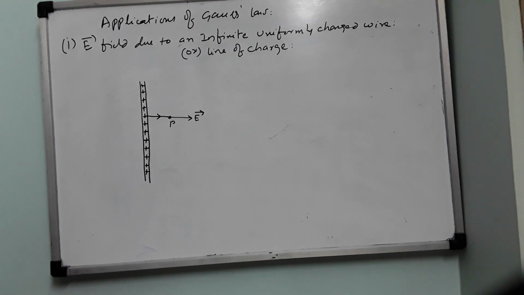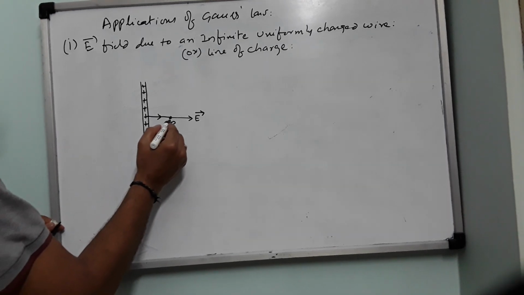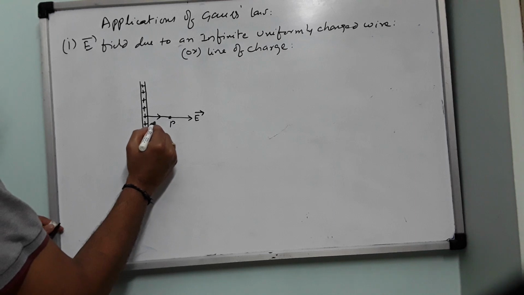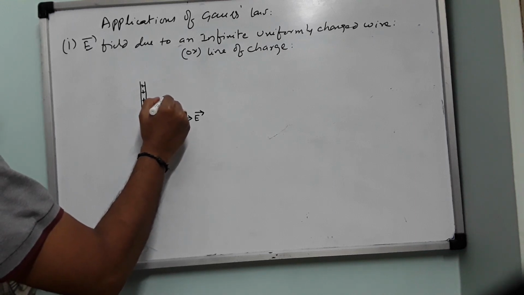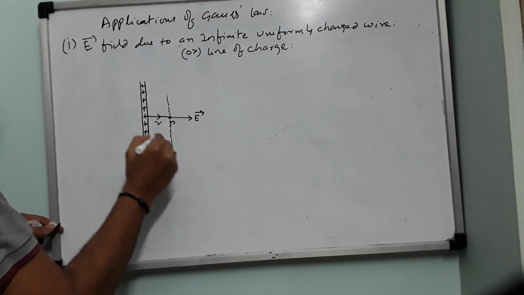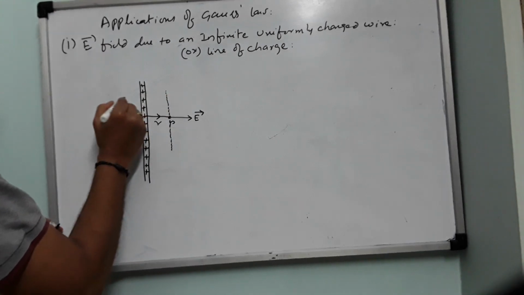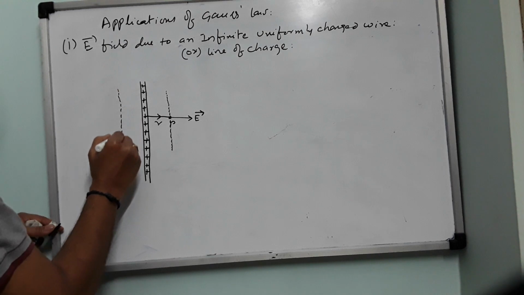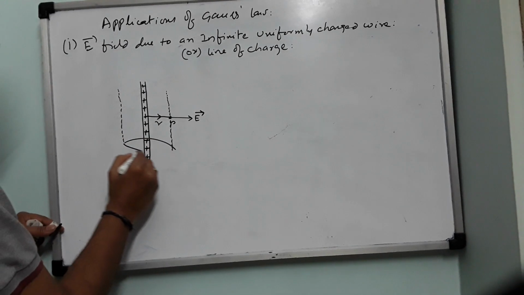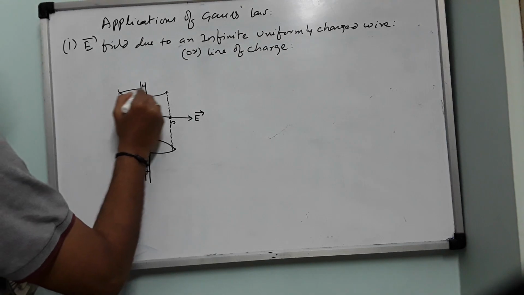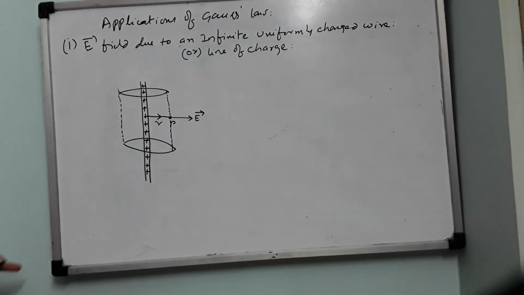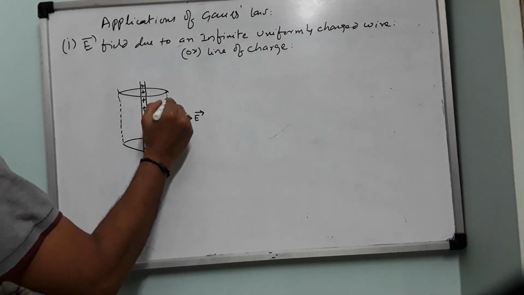Yesterday we discussed that Gaussian surface is purely imaginary. Nothing is going to exist like that. It is only to calculate the flux due to closed surface we are imagining the Gaussian surface. So now let us construct a Gaussian surface of length L and radius R. So now this Gaussian surface will be in the form of a cylinder like this. So what is this? This is nothing but a Gaussian surface.